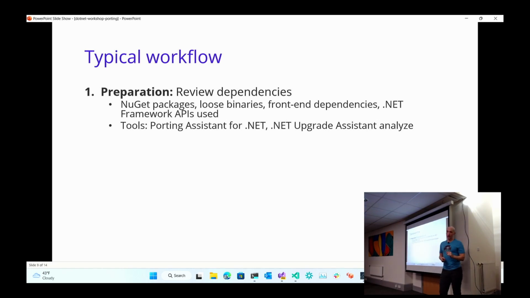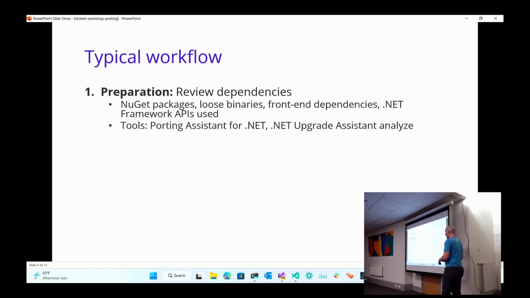And this is my favorite step, because there are decent tools to help us doing that. So, for instance, if I have 30 projects in my solution, I need to take an inventory of all the NuGet packages that are being referenced from all those projects, all of the .NET APIs that are being leveraged, loose assemblies, all sorts of stuff. And I need to itemize and inventory that. Otherwise, I'm going to be confused in a week after I go on vacation and come back and say, oh, what was I doing? Oh, I was upgrading this .NET app, and I have no idea where I am. So building some assessment, some report that gets us to, hey, this is what we need to do to actually complete our migration, it'll set you up for success.